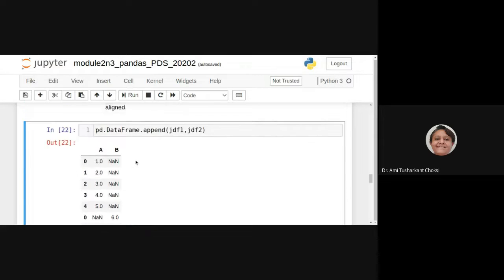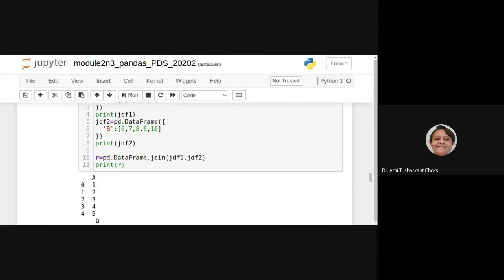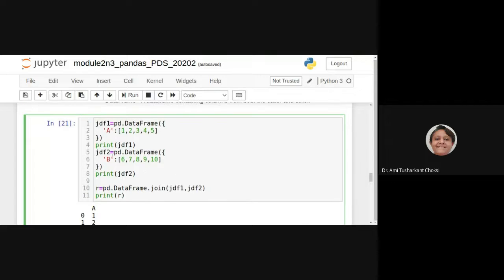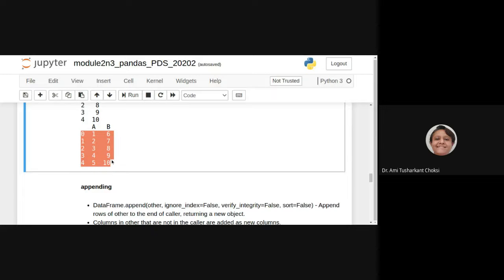You can see the difference. Here, when we joined, we had different columns, right? But what append has done is put A and B, both the columns, together with the index, okay? Nothing like NaN is there in the join, isn't it?